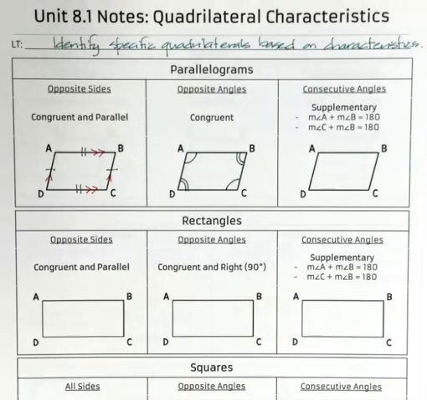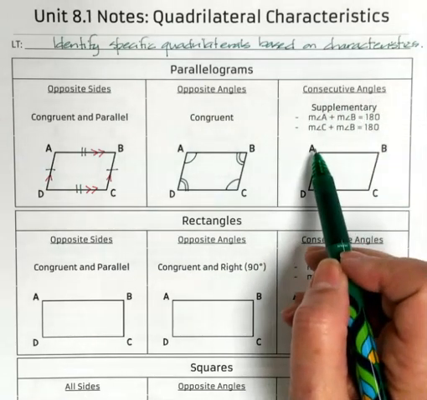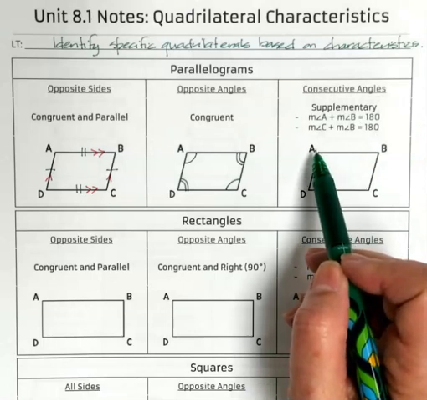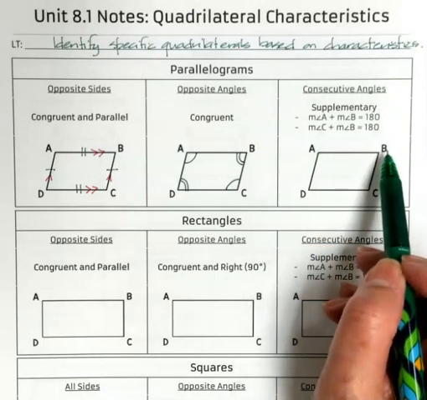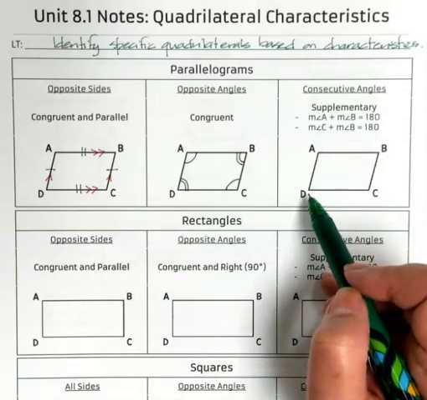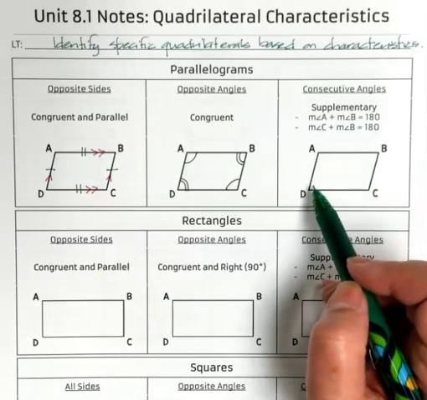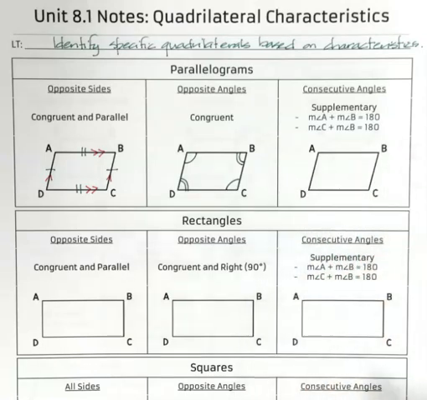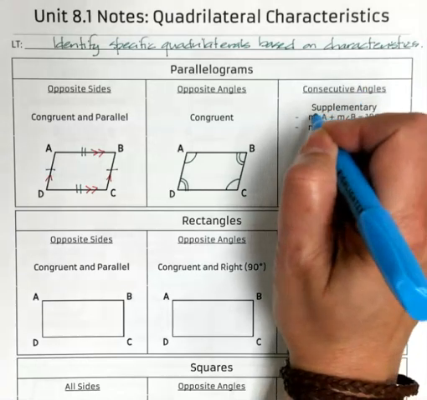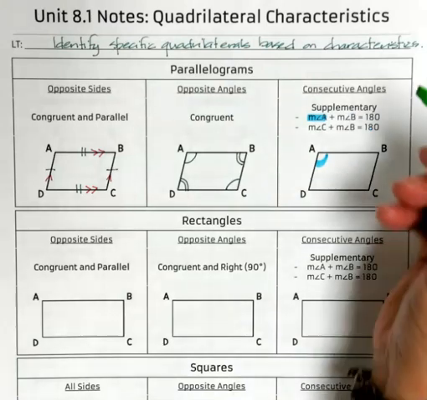Along with their opposite angles being congruent, consecutive angles are simply the angles that are side by side as you go along the parallelogram. So A and B are consecutive angles, B and C are consecutive angles, C and D are consecutive angles, as well as D and A. Notice we're going along the outside of the parallelogram and not across. If you have consecutive angles, then they are supplementary. So, angle A and angle B